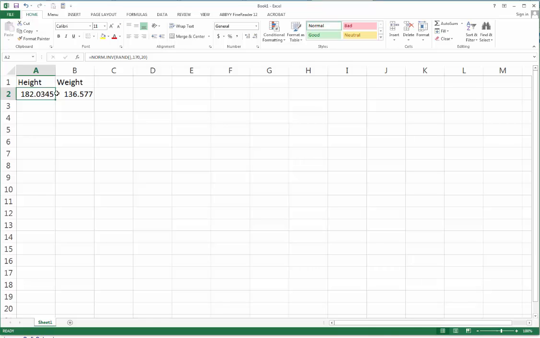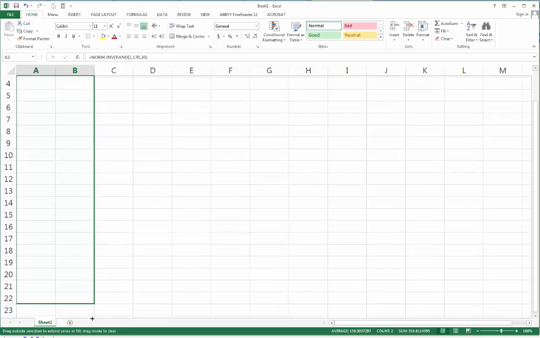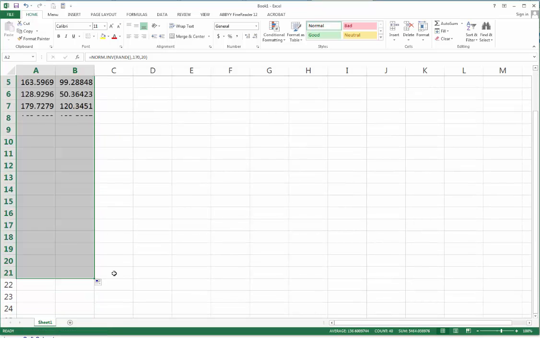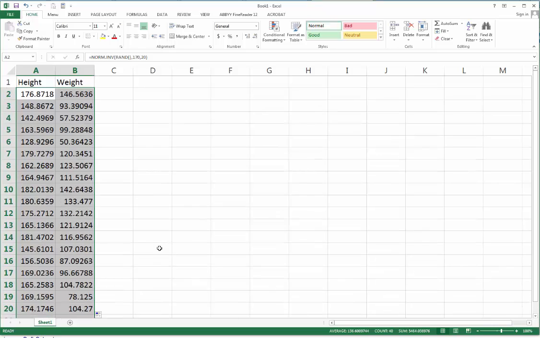In order to do that, we select two cells and then drag by this small square in the lower right corner down. Since in the first row I have the labels, if I want 20 observations I should end with row number 21. Okay, so here we have the desired observations,